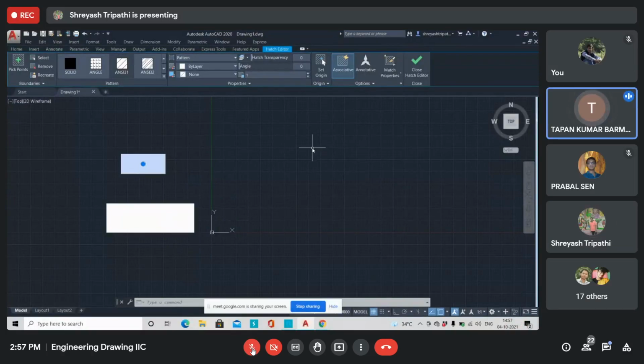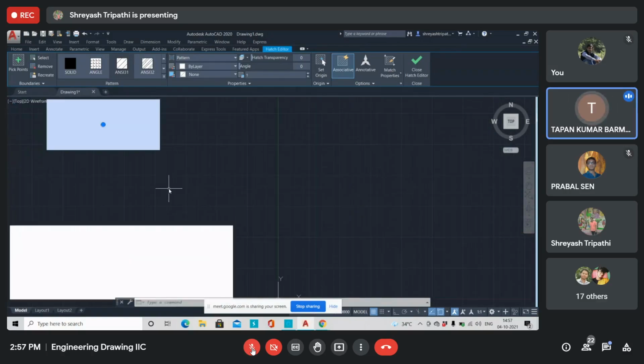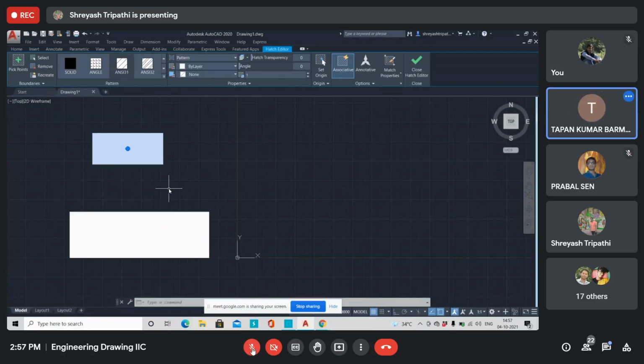You have to increase the scale value. Double click there. Where you have selected ANSI 31, after that ANSI 32, you will find pattern. In the next column you will find hatch transparency. Below that angle, below that 1 is written. There you need to change. Make it 10.